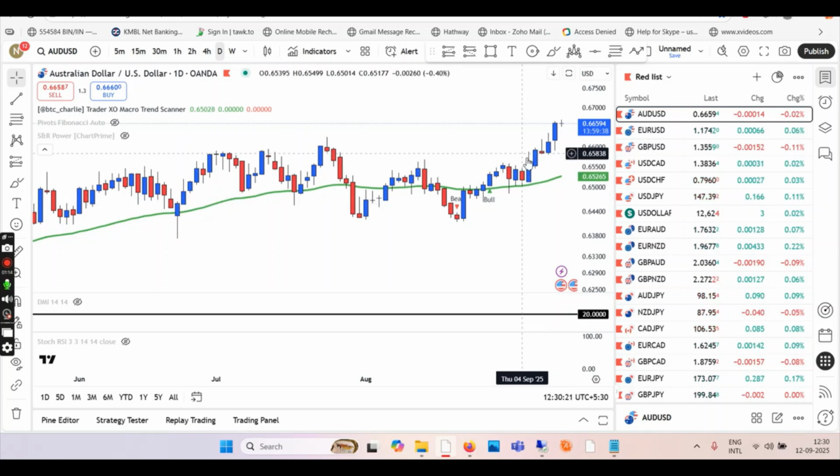But this AUD had been going up from here until 5th of September. So this whole week we had been going up. Now it has created a new high. It will go up to 6,700 plus next week probably, or maybe after the pullback. If you're a swing trader, it is now pullback time. So don't enter long right now. It has to take a pullback maybe until the EMA next week, and then you can look for entries in